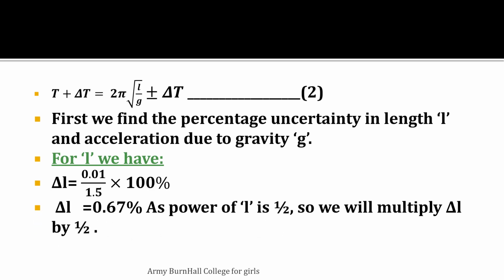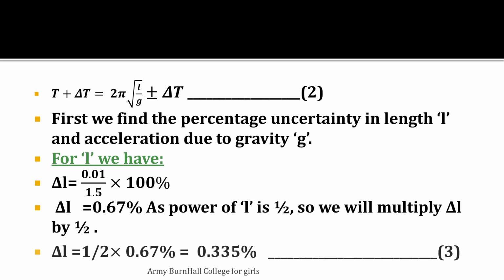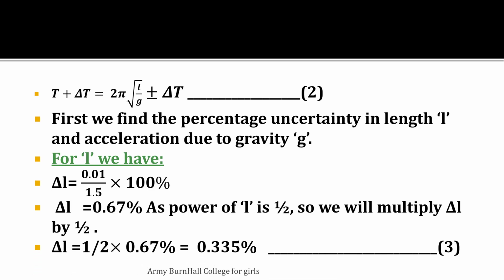We will get 0.67%. And one more important thing: in the formula you can see that power of L is 1 by 2. So we will multiply delta L by 1 by 2 as well. We have calculated percentage uncertainty, and we will multiply it with power 1 by 2. So delta L is equal to 1 by 2 multiplied by 0.67%, that is 0.335%,